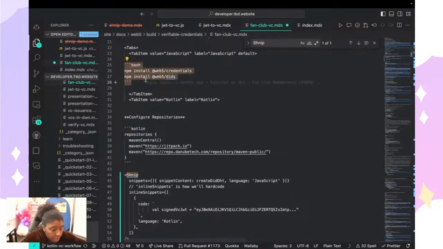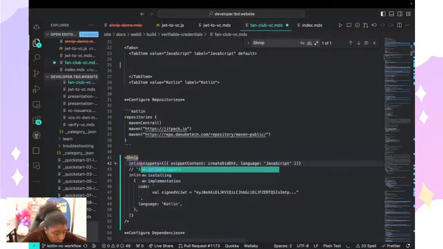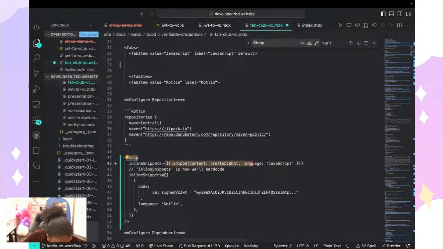So we're gonna say something like inline snippets, and well, is it still like that? Okay, and then,